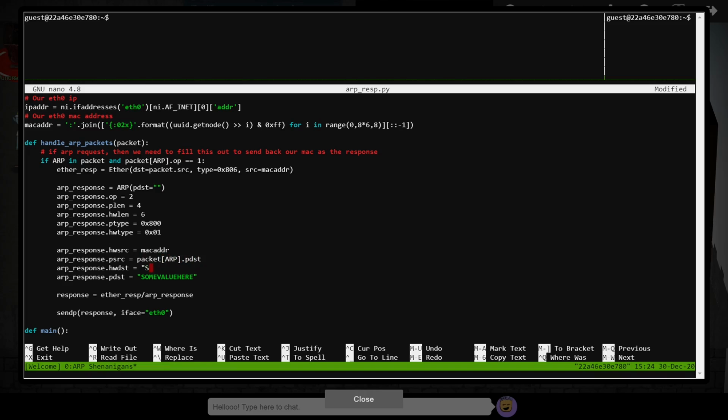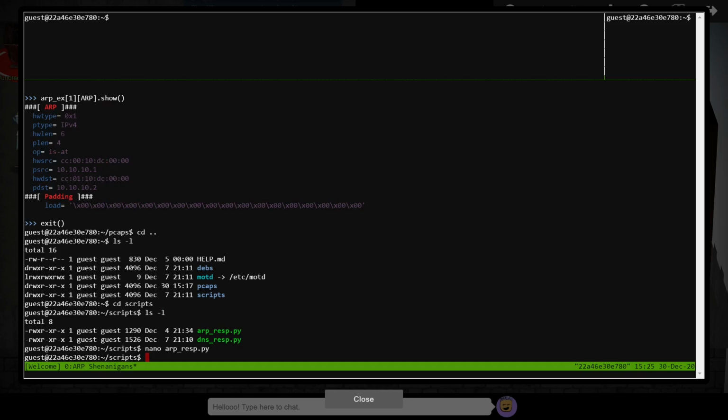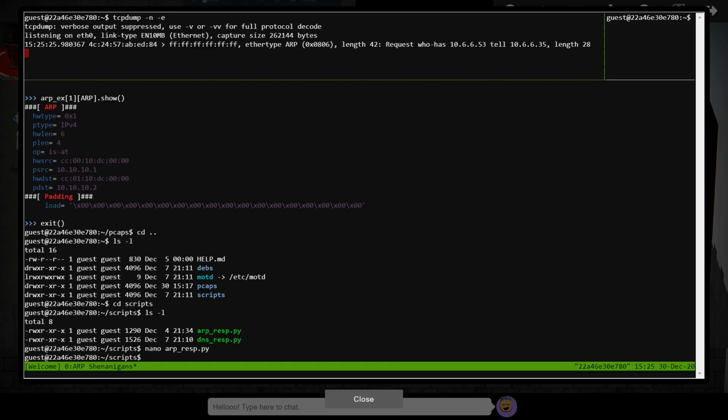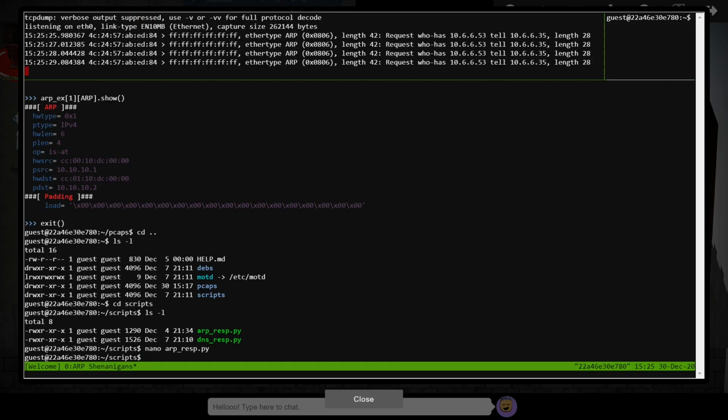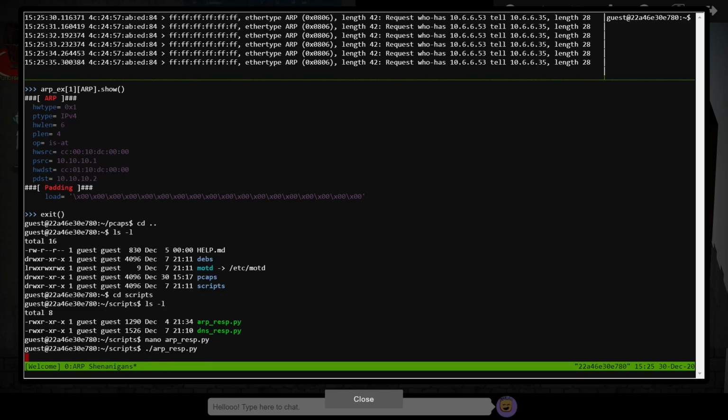Next, the source and destination MAC and IP addresses are set. Finally, the ARP layer and Ethernet layer are stitched together, and the response pushed out over the network interface. Let's set tcpdump running again in a separate window, and launch this script. The ARP spoofing appears to work as we now receive a DNS request addressed for